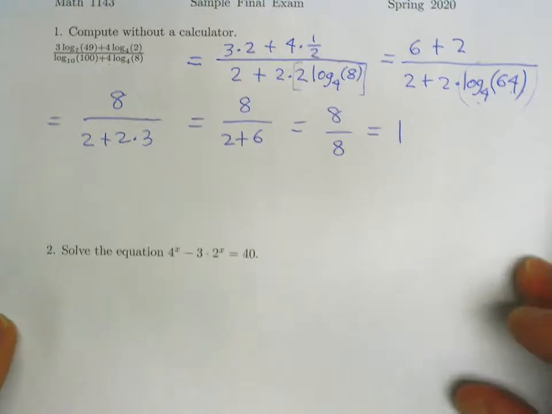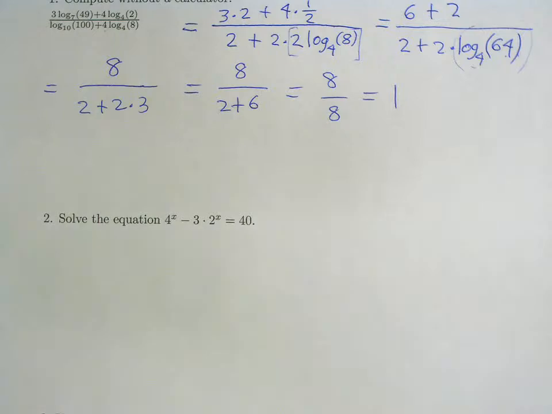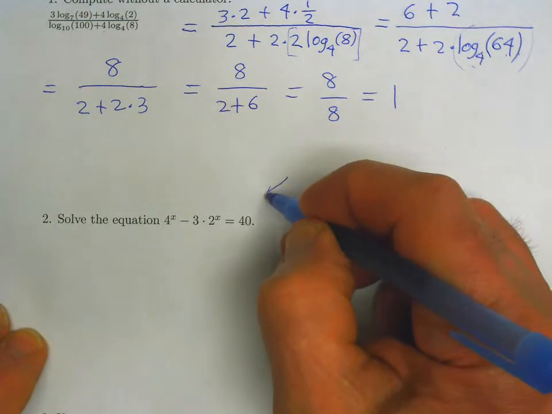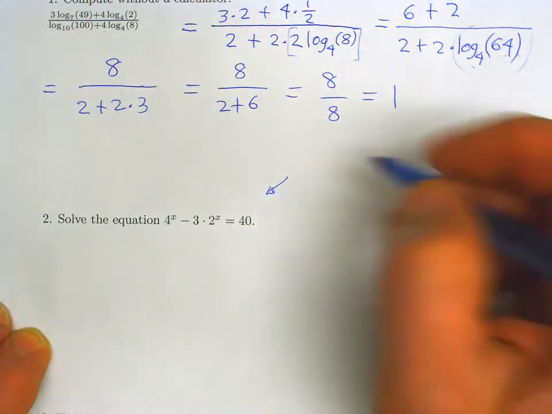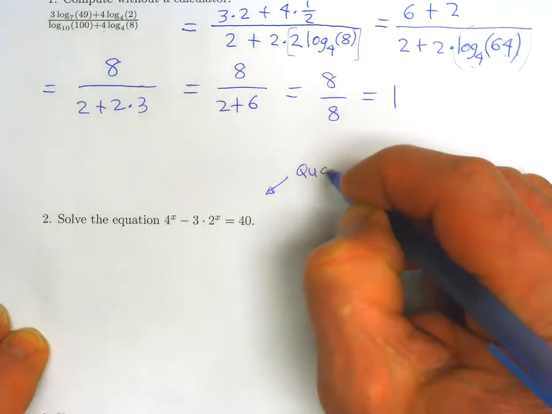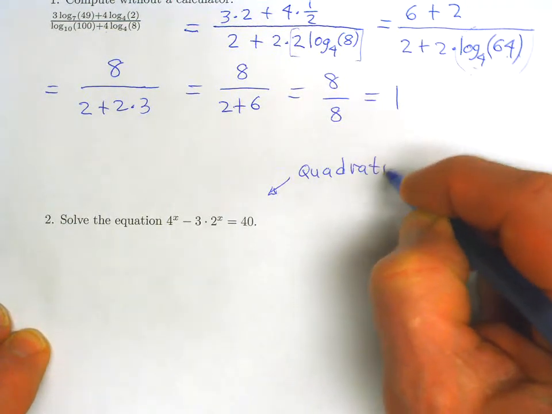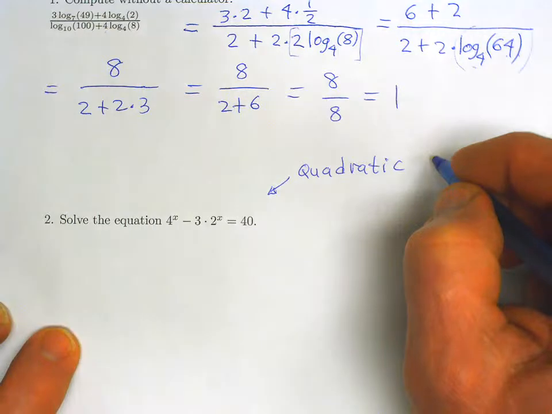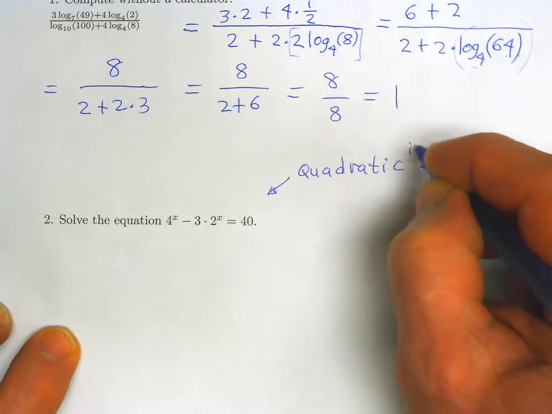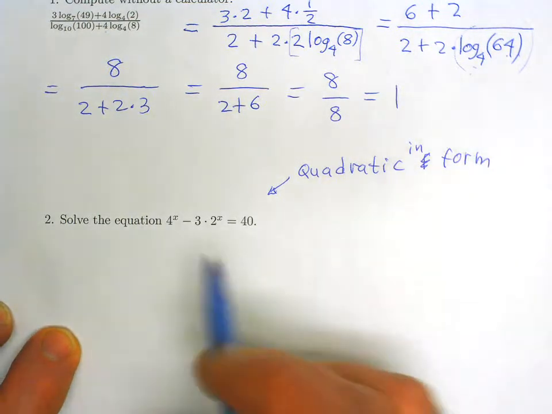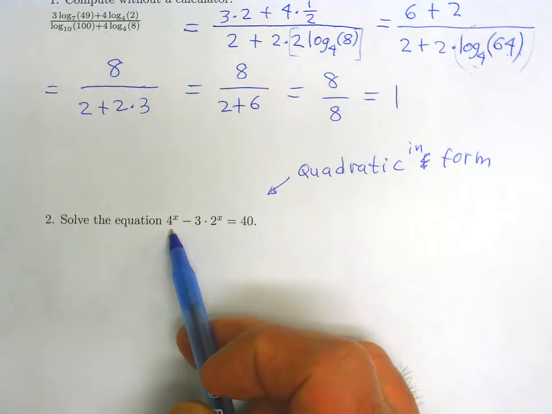Okay, the next one, solve the equation 4 to the exponent x minus 3 times 2 to the exponent x equals 40. This equation can be described as quadratic in form. It's not quadratic, but it's quadratic in form. So 4 to the x,